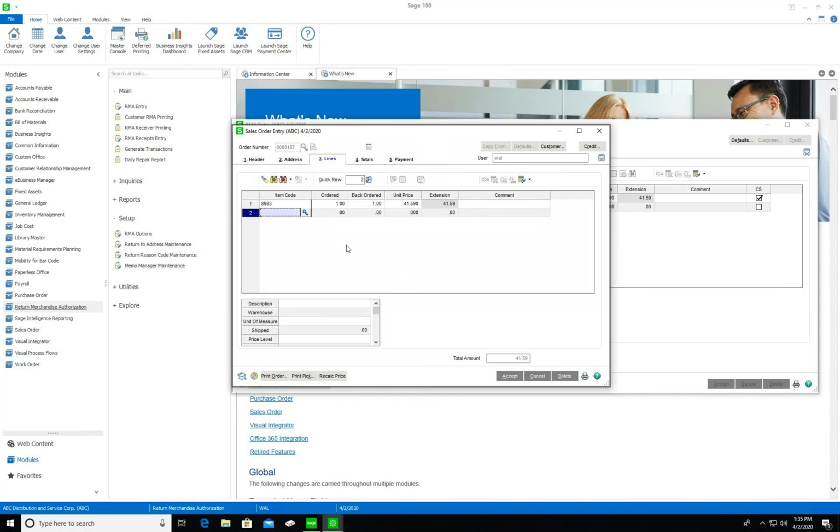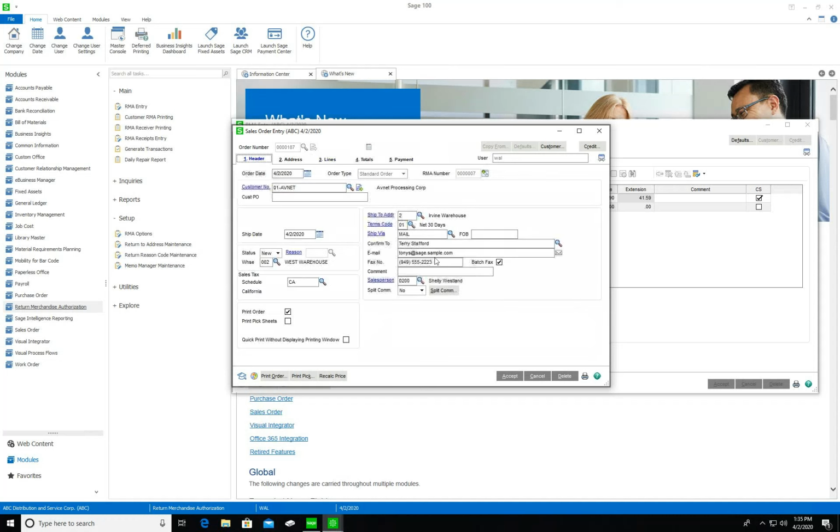And there it is, a simple sales order, which then goes into your normal processing queue for either invoice data entry or shipping data entry. It would just be in the normal sales orders as is. And then if you look at the header,